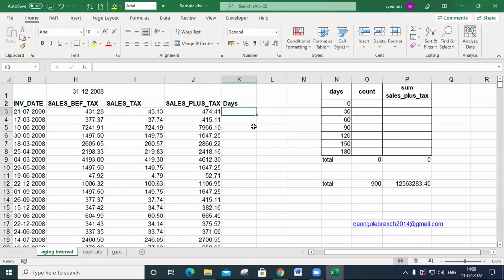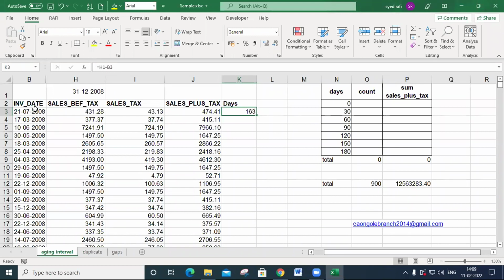So here I press equal to, then I specify the date here, 31/12/2008, and I want to make a minus, and I click here on the invoice date and press enter. Then I get 163 days.